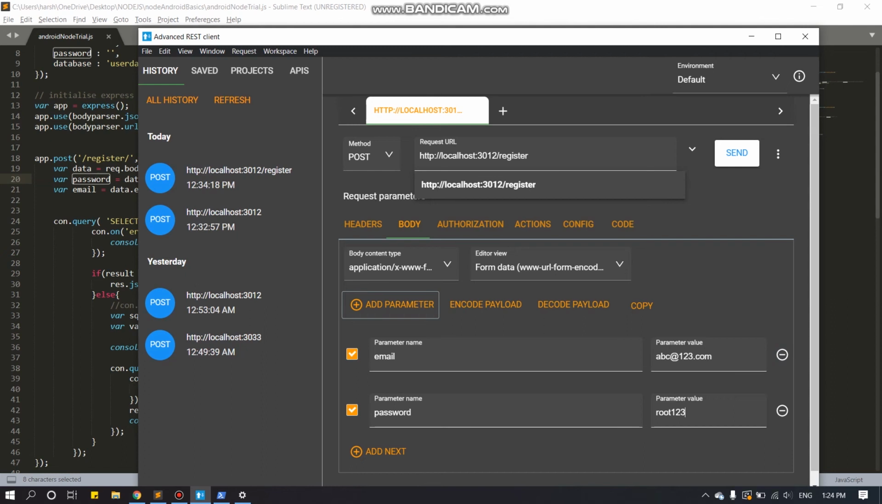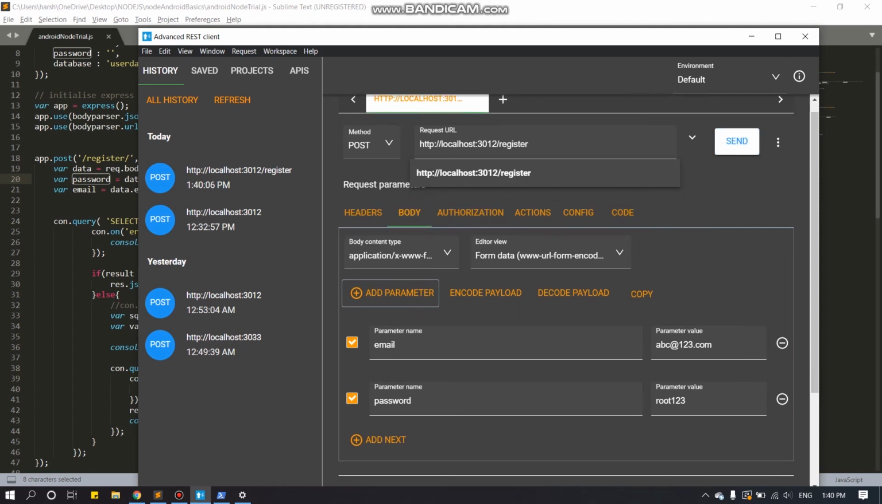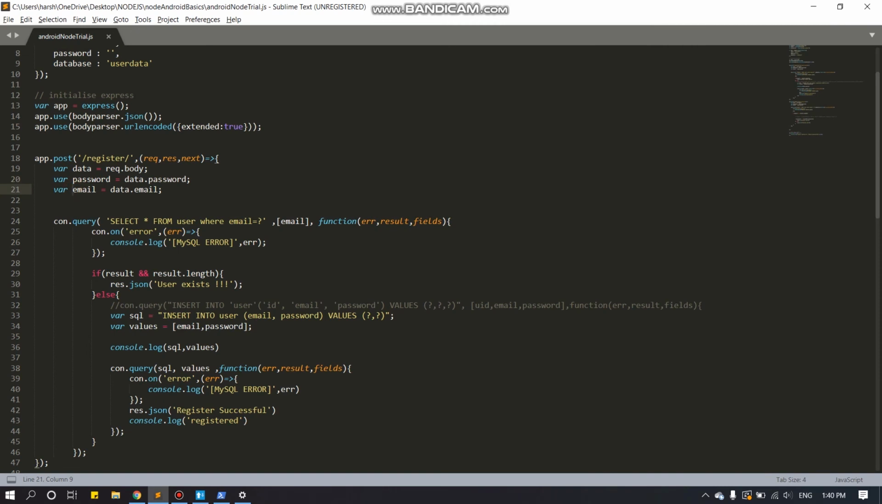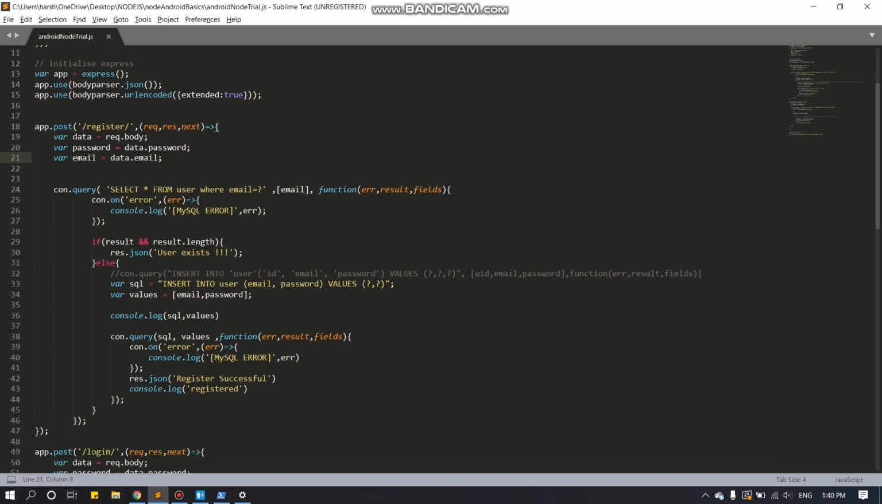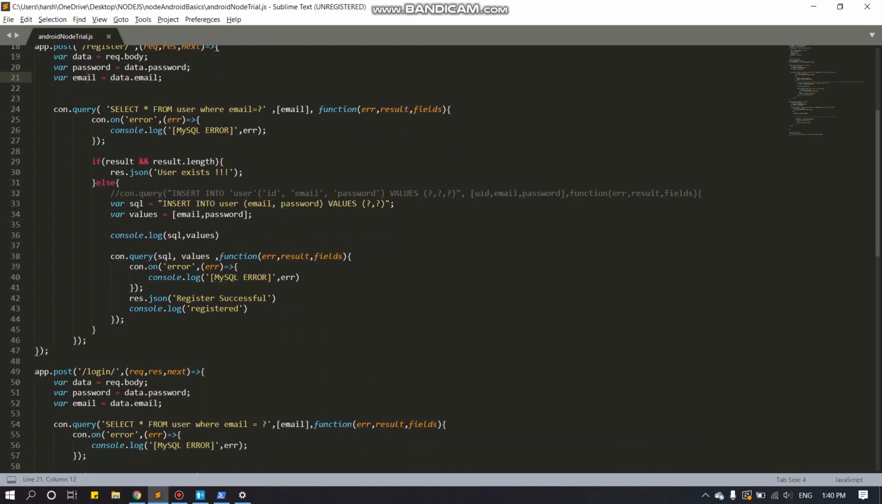Okay, so now we will send this packet. Now let's look at the code. Okay, so what happens is when you send the packet, we extract it through the body. Okay, the body will have two parameters, which is password and email. So we have that in our variable. Okay, we do some operation